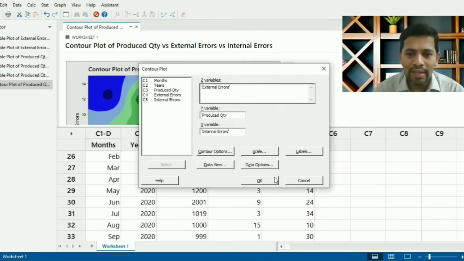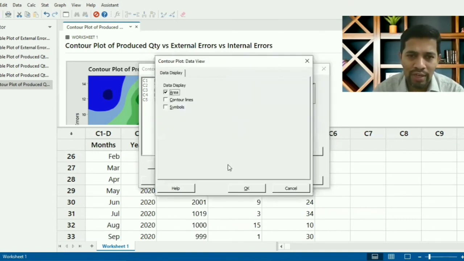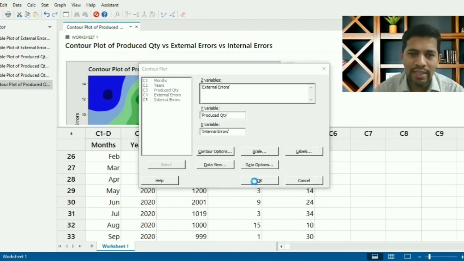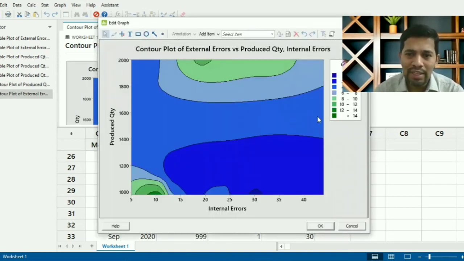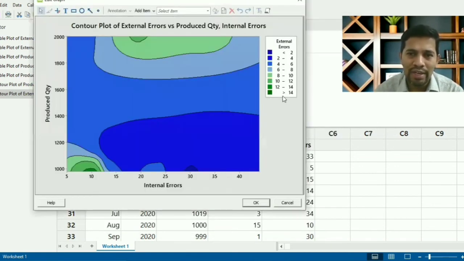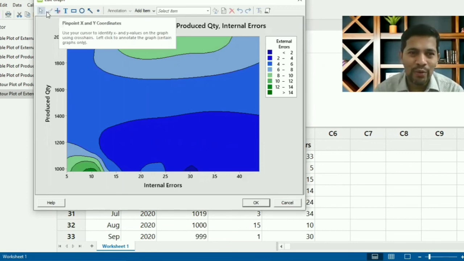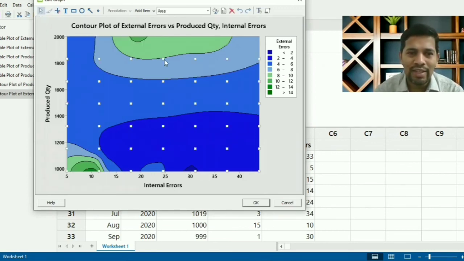Okay, and then if you wanted to give data or line spot, you can also give a line as well. Let's say how it comes. This is the line it has drawn up. So that means anything which is produce quantity here is strong, I mean greater than 14 external errors we had. So this is the error we have. Similarly, if you're interested to find out the exact data point, you can click here and then you can find it out as well.